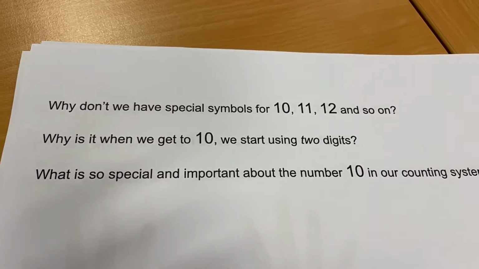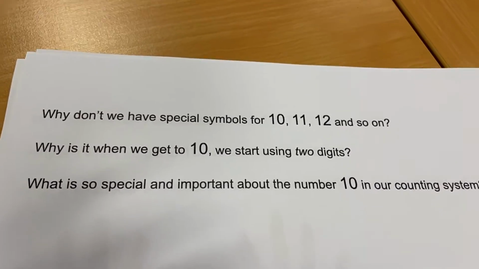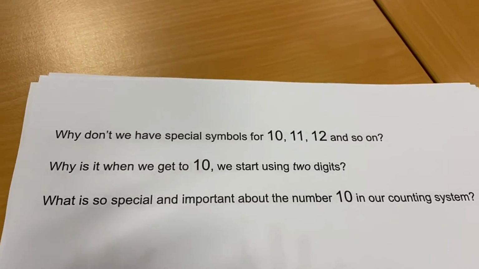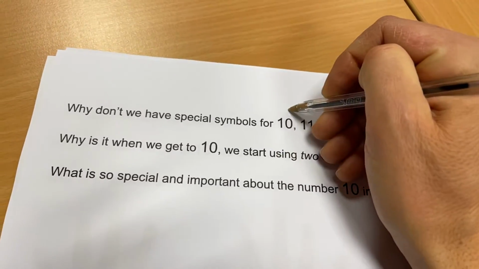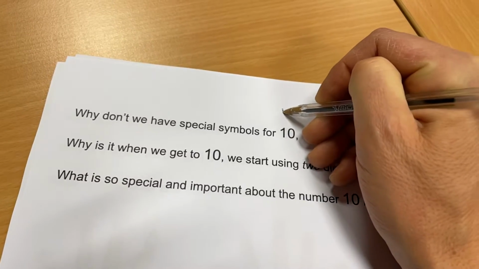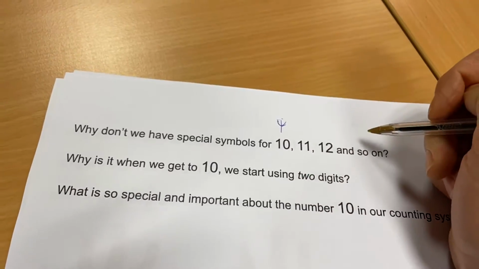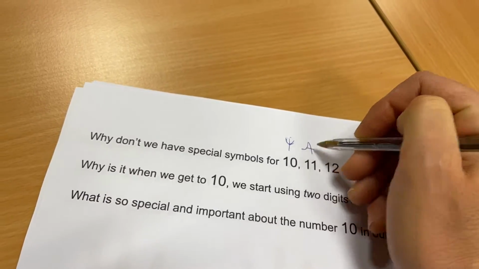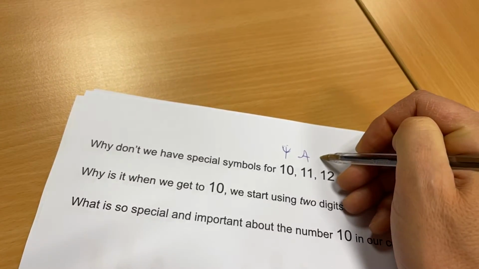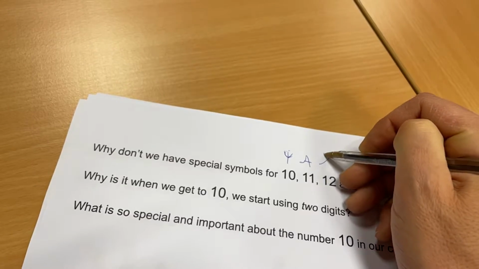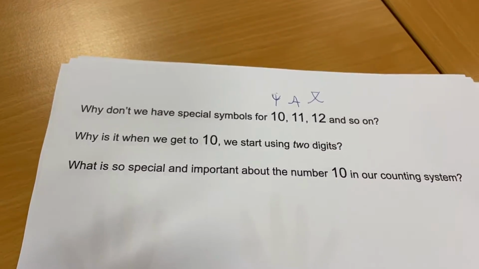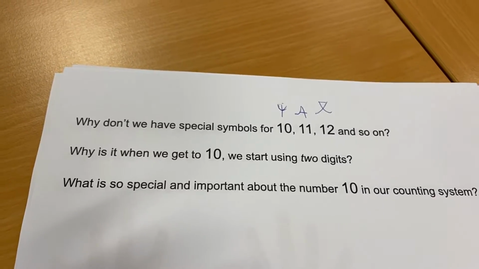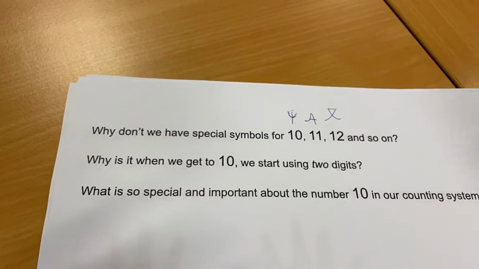Why is it that when we get to 10, we start using 2 digits? What's so special or important about the number 10? Why not just decide that this is my symbol for 10, that's my symbol for 11, and that's my symbol for 12? Why not? I know that's quite a weird question because we're so used to counting in tens that